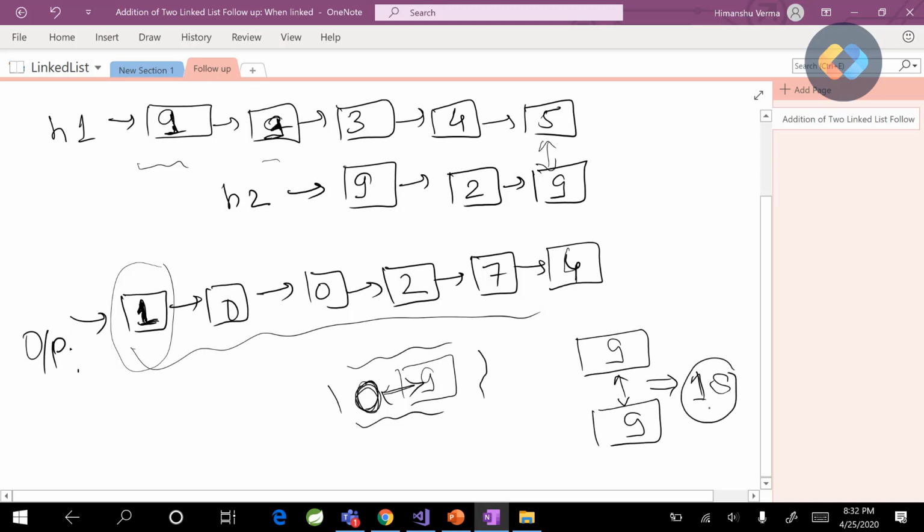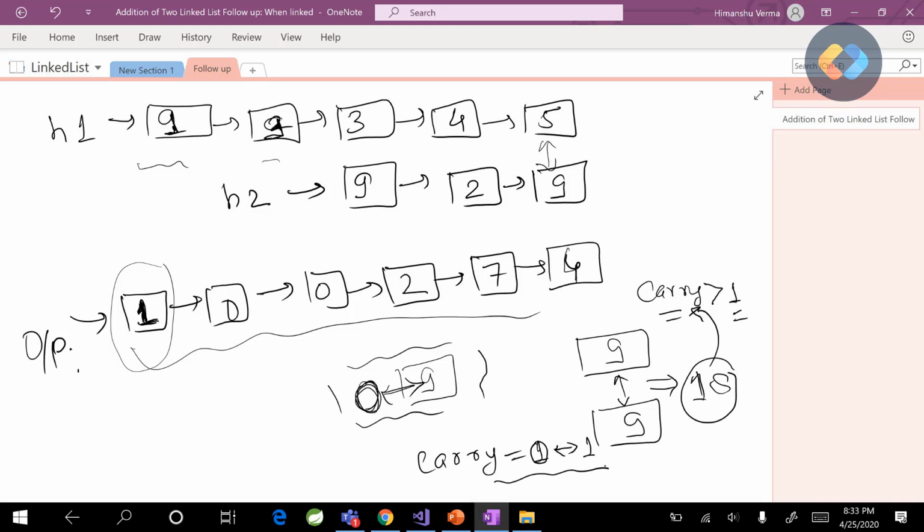And from 18 we can deduce that the carry value can never be greater than 1. So the carry will always be 0 or 1.